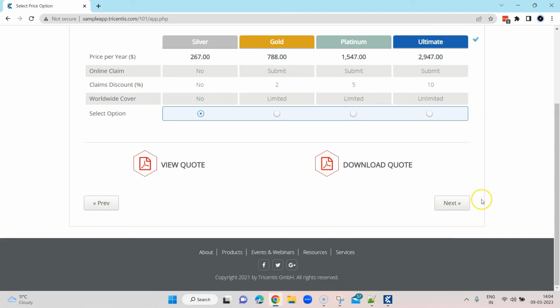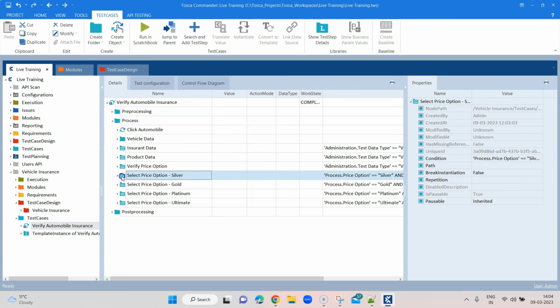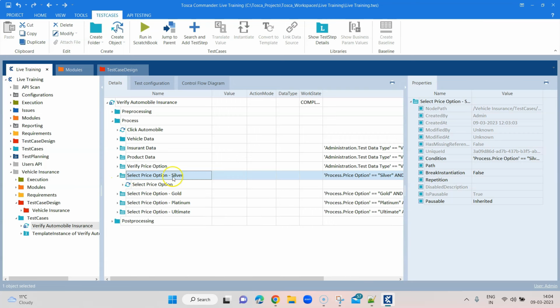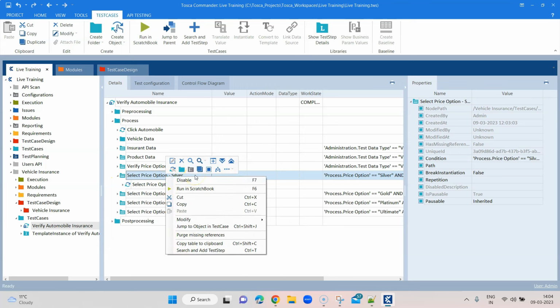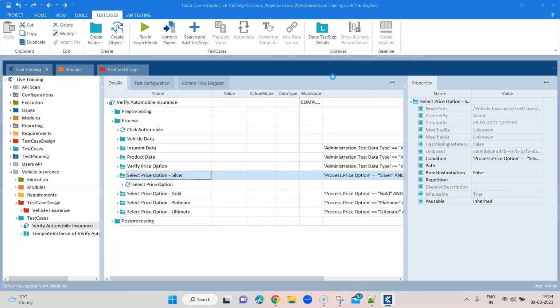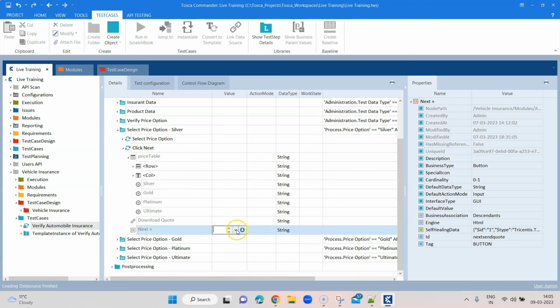So coming back here, we already have this module. So what we are going to do, let's go to our template. And here inside every price option, we have to put this particular click button, okay, so that it completes that particular operation. Now, I would not do it in the same test step since it's like a next test step on clicking on the next button. So what we'll do, we'll again do a select price option module. We'll search for that. And here we are going to click on that button. Okay, so I will rename this test step as click next. And here I'm going to click on the next button. Okay,